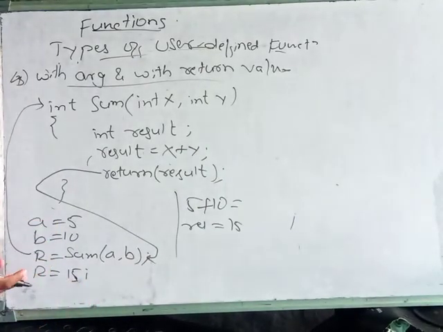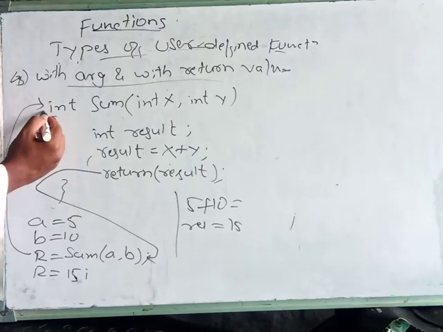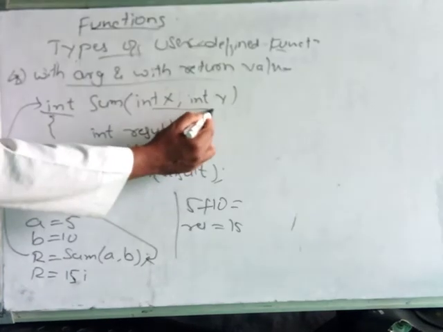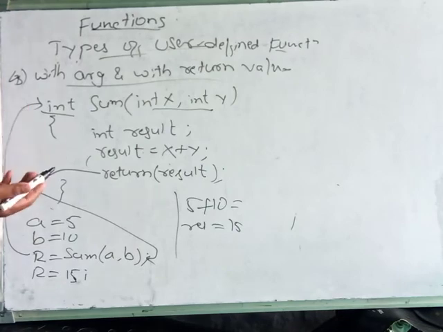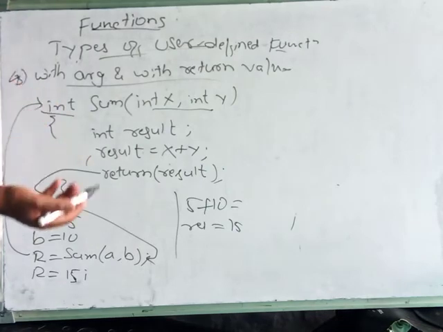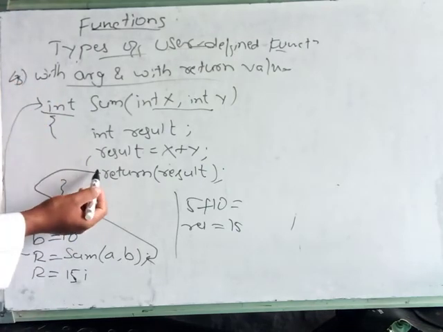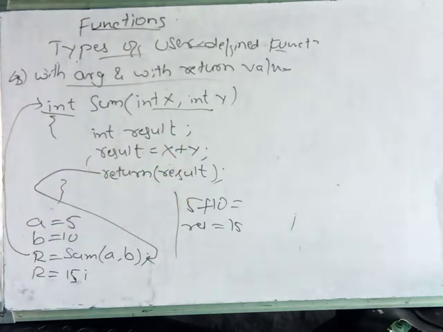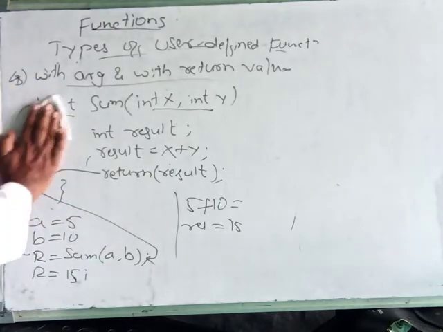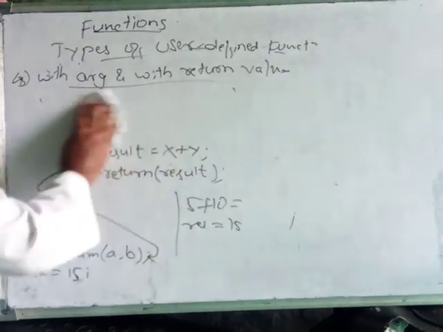Now in the main program, the rest of the code will be executed. Like this, it contains return value and parameters, both. Or the same thing we can call without a return value also. The result we are displaying here only, with no need to send it back. Depending on the programmer, how he requires it, he writes the program. Clear? This is with arguments and with return value.